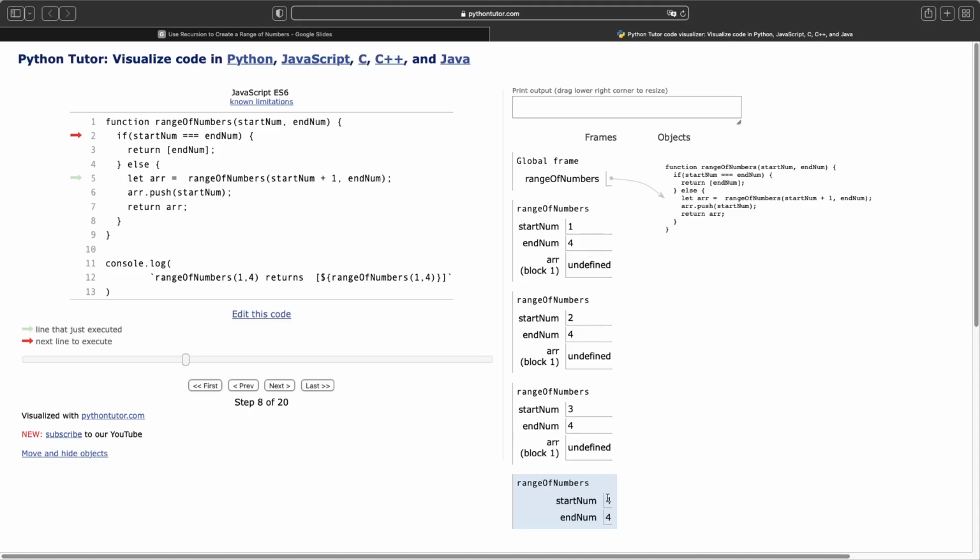The start num is 4, end num is 4. Our base case is true.